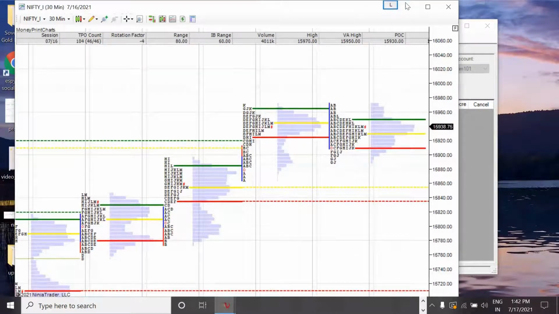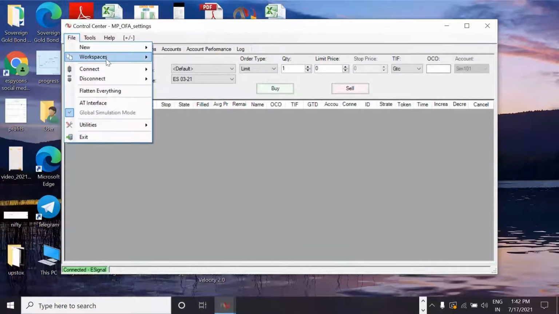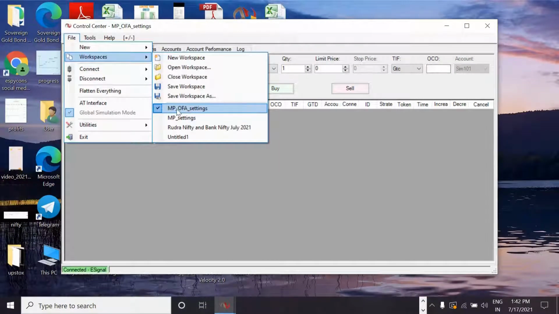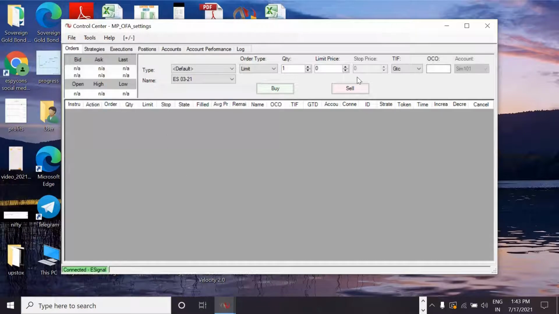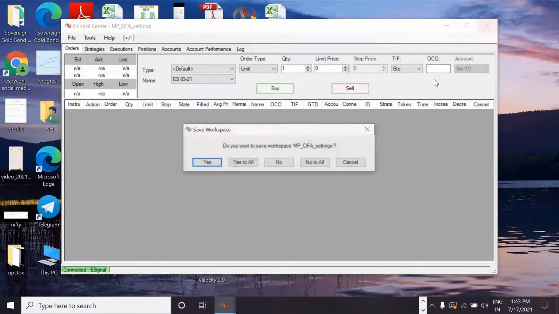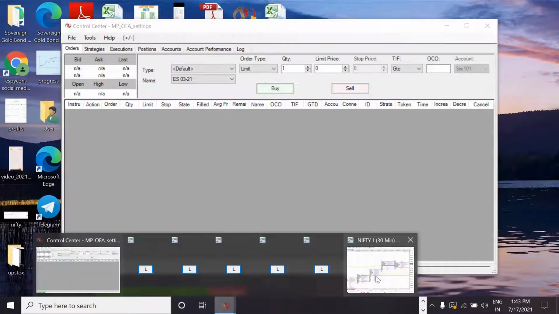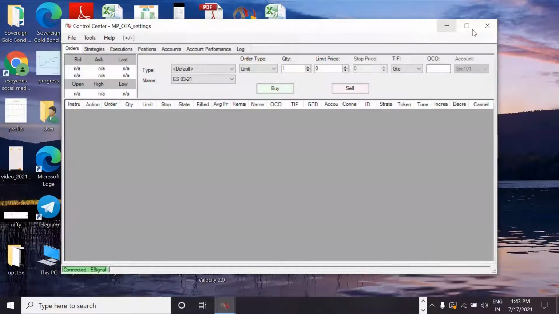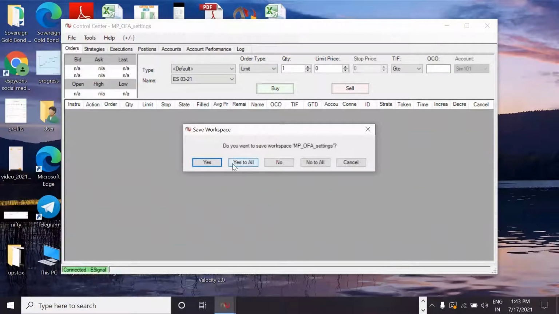Now, what we have done is we have saved it as a workspace. So I have already saved the workspace. Once I save the workspace, while closing, I just need to close this only. When I close this Control Center and click yes to on, it will automatically get saved. You need not close any of these charts individually. Rather, close this one, click on the enter button and say yes to on, and it automatically closes all the windows. I will show you that.